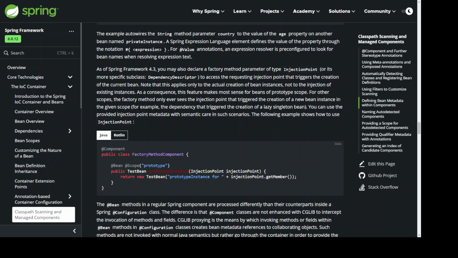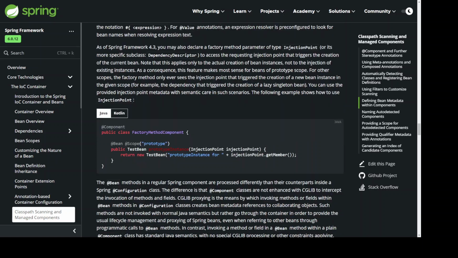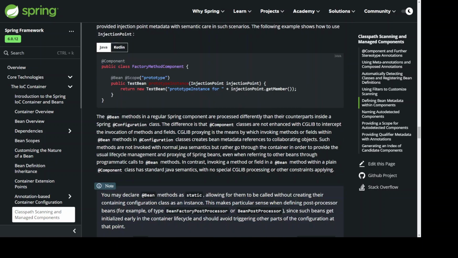The following example shows how to use InjectionPoint. @Component public class FactoryMethodComponent { @Bean @Scope("prototype") public TestBean prototypeInstance(InjectionPoint injectionPoint) { return new TestBean("prototypeInstance for " + injectionPoint.getMember());